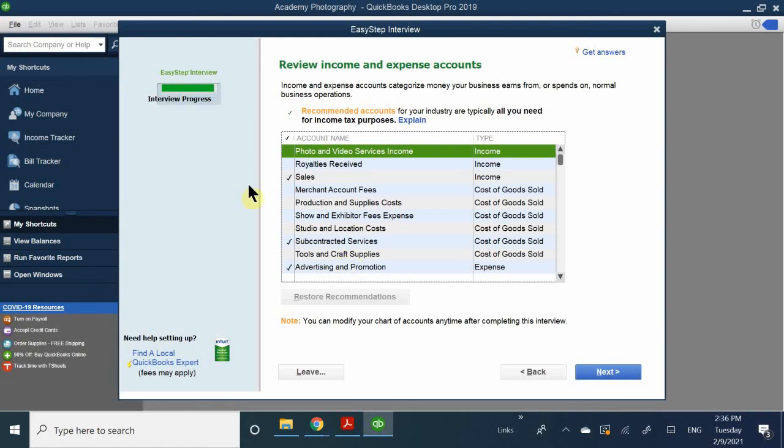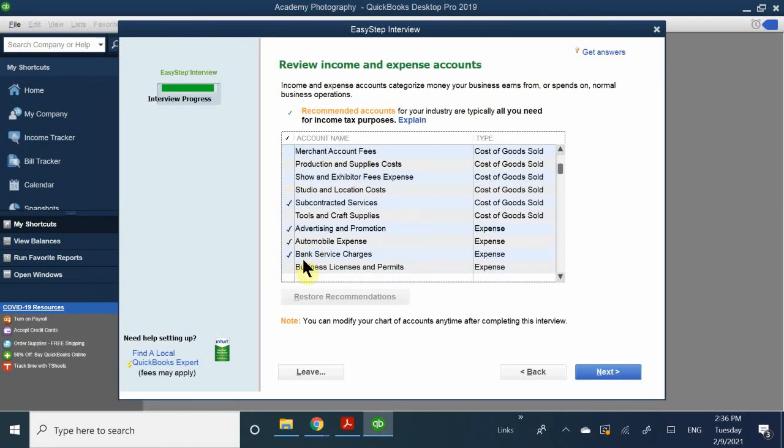So in this case, we have sales. Of course, we're going to have sales. Are we going to have merchandise account fees? I don't know what that is, but I don't think I'm going to have it. So just other things like that. For example, are we going to have subcontractor services? I guess. And of course, these titles or these names,